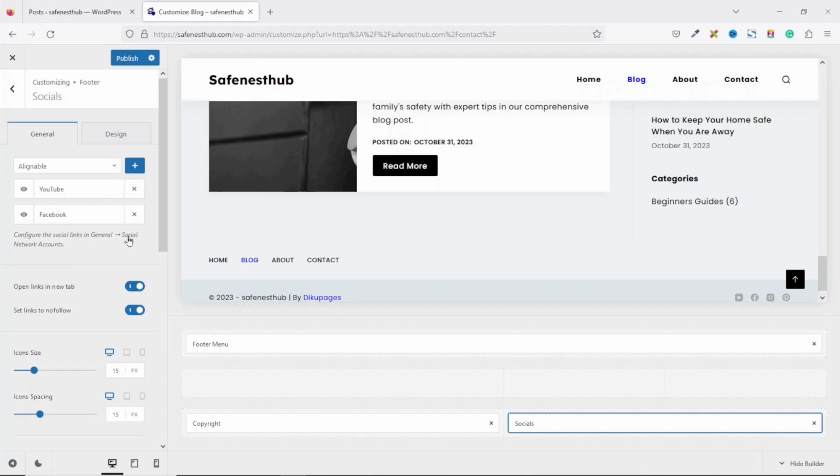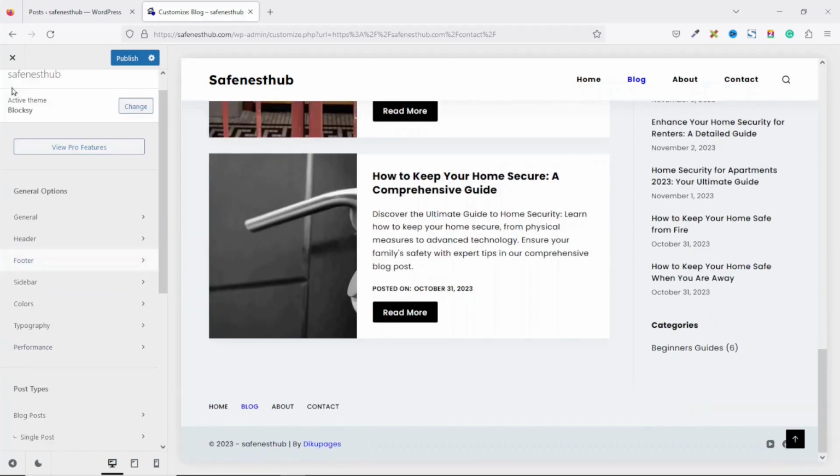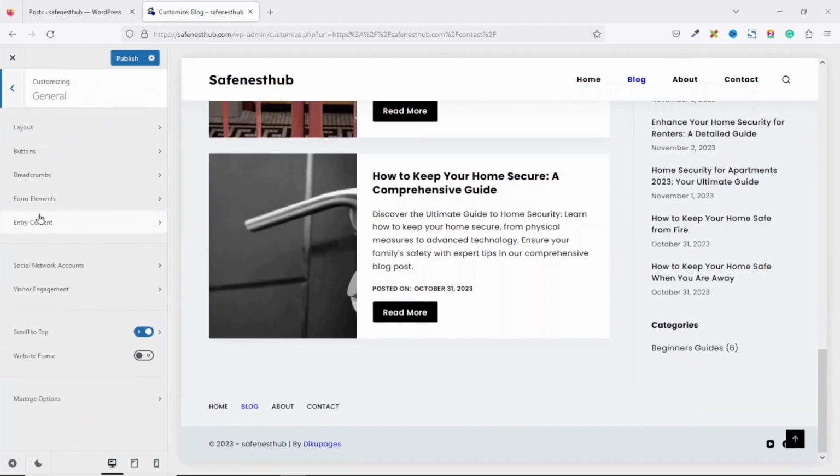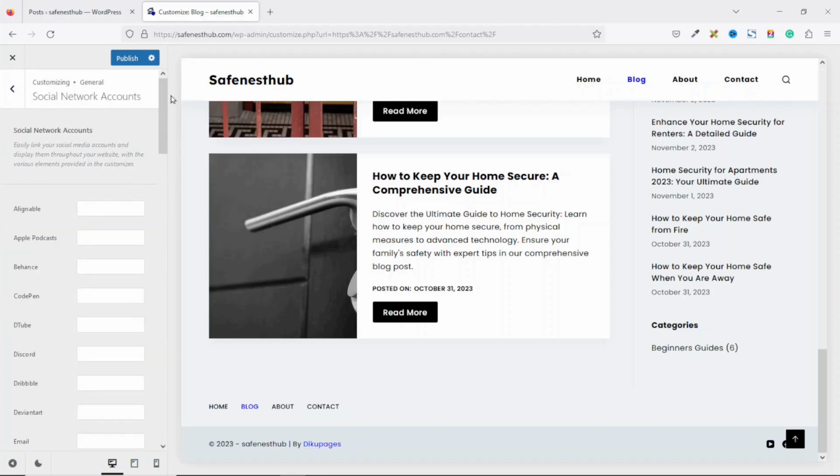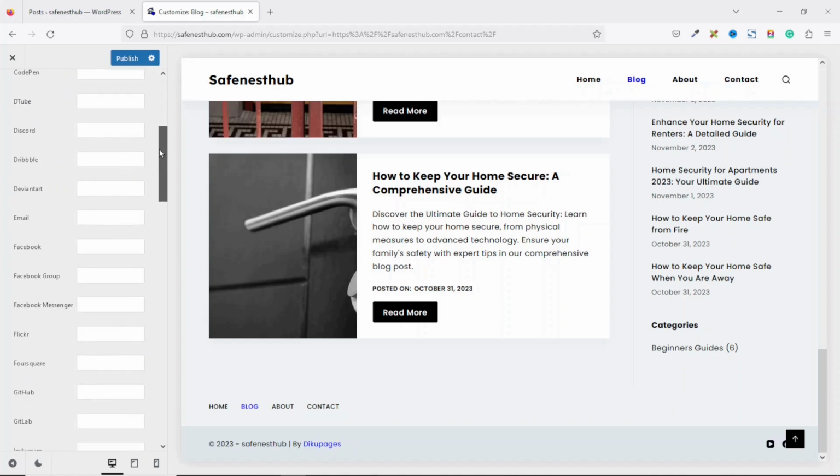So for instance, for now I'll leave only YouTube and Facebook, as you can see. Meanwhile, at the moment there are no links for them, so let me show you how you can enter the links. I go back, then I go over to general. Next I go over to social network accounts. Going down, I search for Facebook. I have it right here, so I'll enter the link